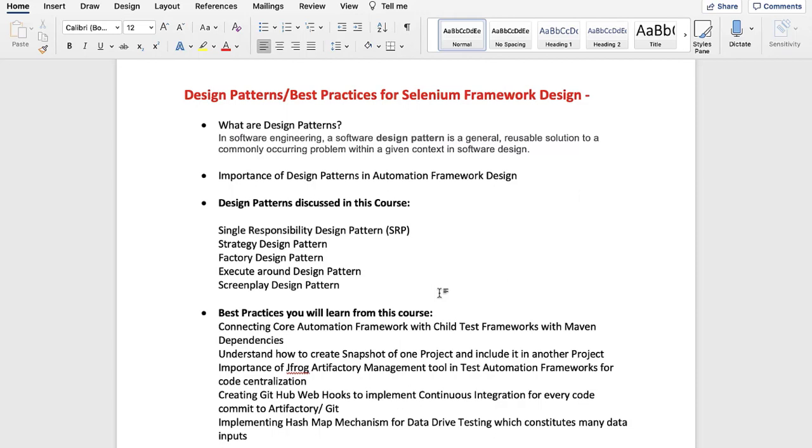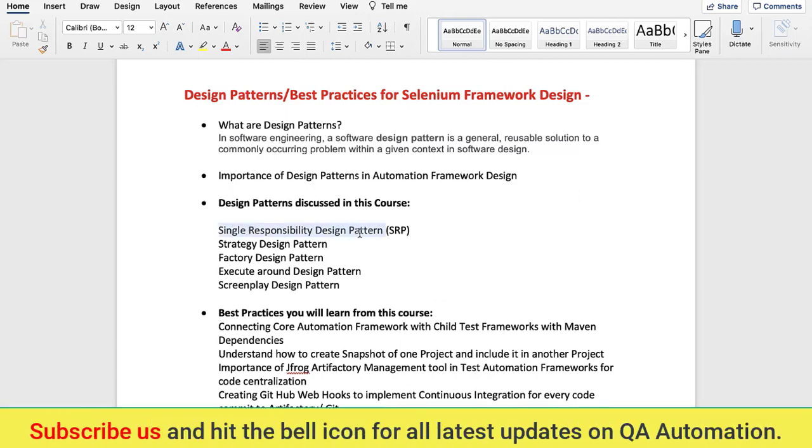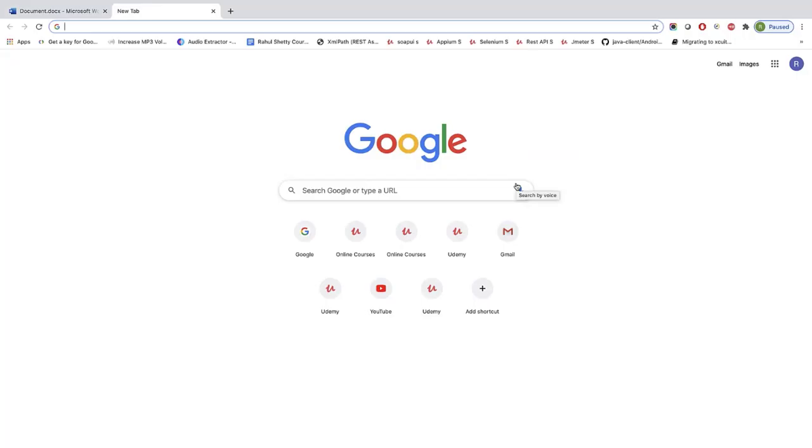Let's get started with our first design pattern, the single responsibility design pattern, which is SRP. For demonstration purposes, I will be using the IntelliJ editor for this entire course. You know that Eclipse is one of the editors used to write Java code, and there is another competitive editor, IntelliJ, which is also very cool to build the code.